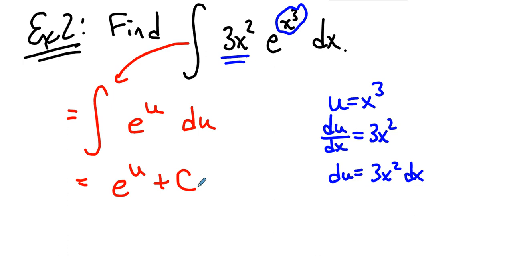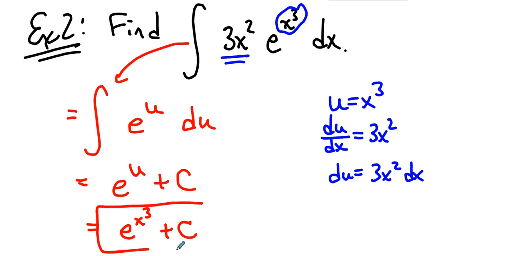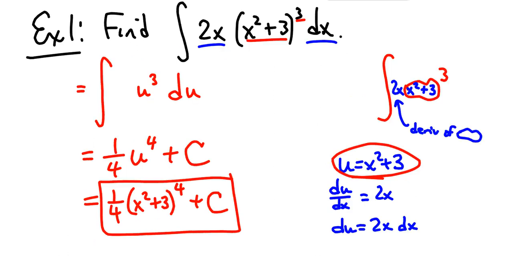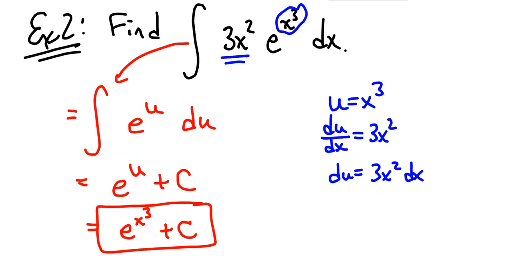But we don't write e to the u, we write e to the thing that is equal to u but contains x's. So what are we figuring out? We're figuring out that things in brackets make good u's, powers of e make good u's,